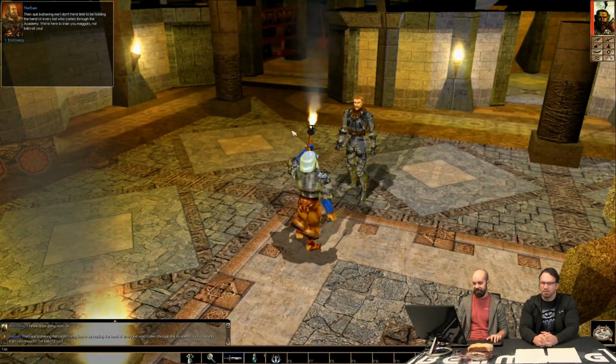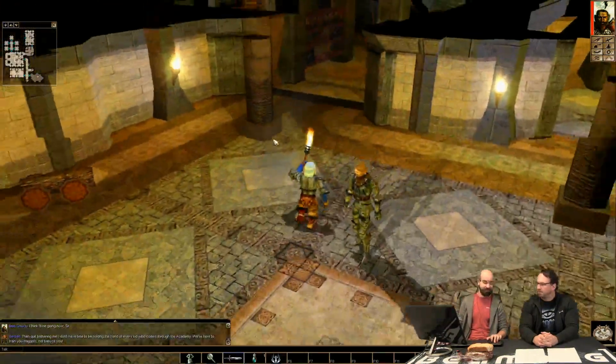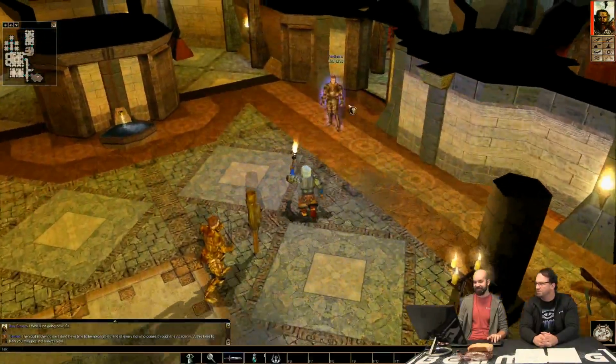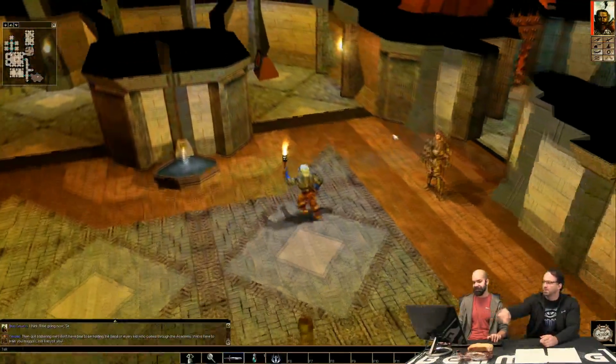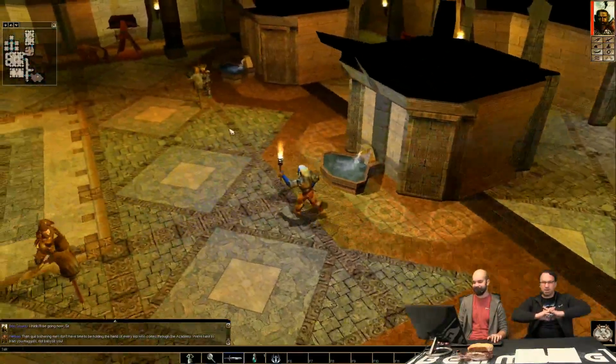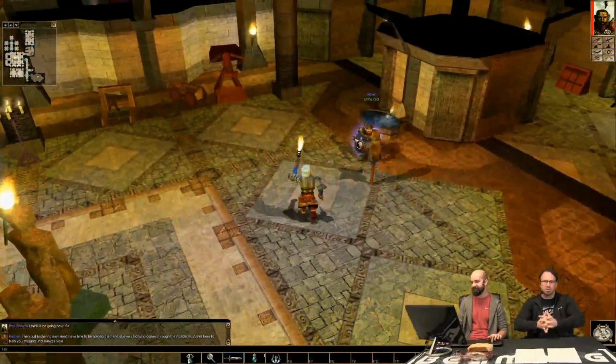All right, Mr. Campaign Designer, where do I go next? You basically need to resolve all the combat. Did you do the ranged as well? Man. Ranged guy's back in the corner over there. So we got a question on the plot of the original campaign, its connection with the Hordes of the Underdark expansion.